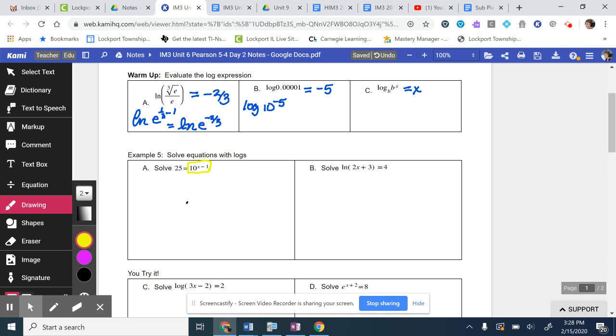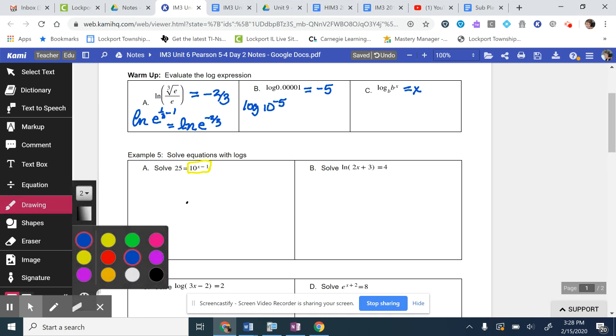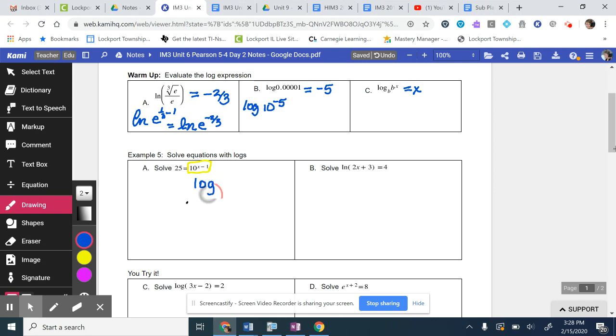And so what we're going to do is use a common log, a log base 10, so that we can get that variable out of the exponent, because we know the value of this